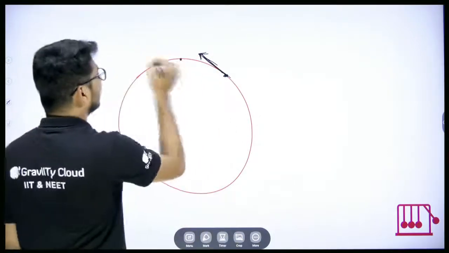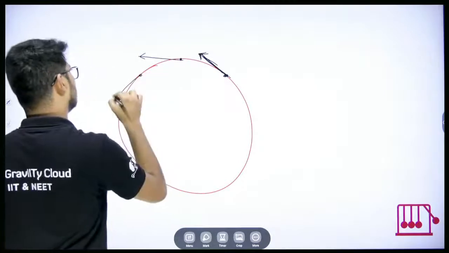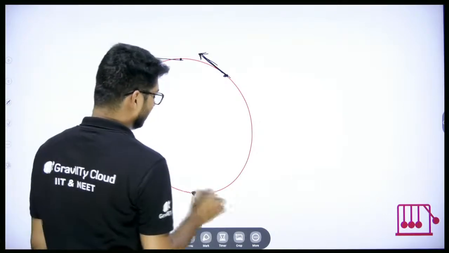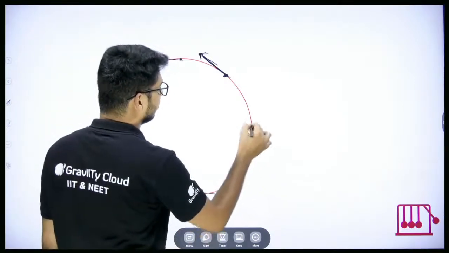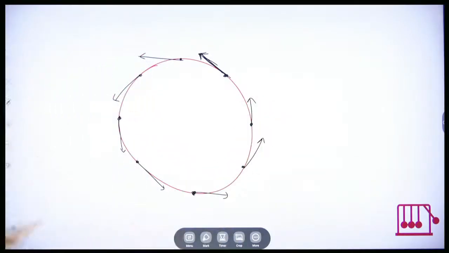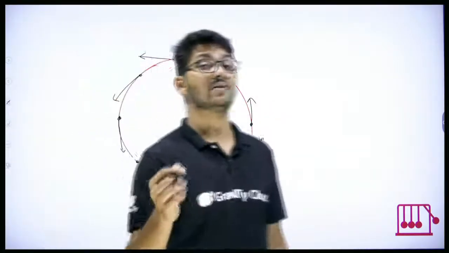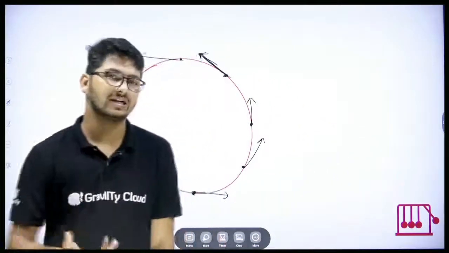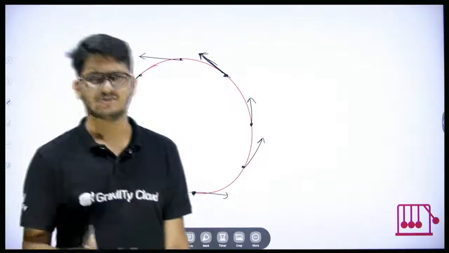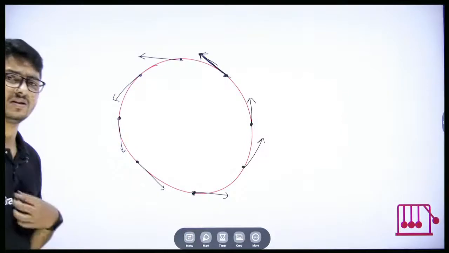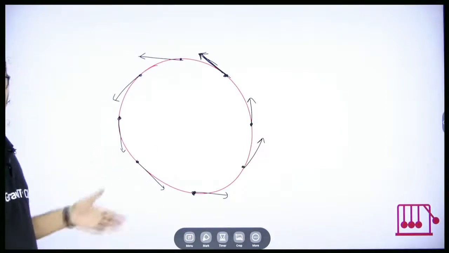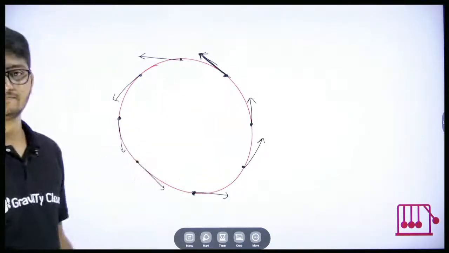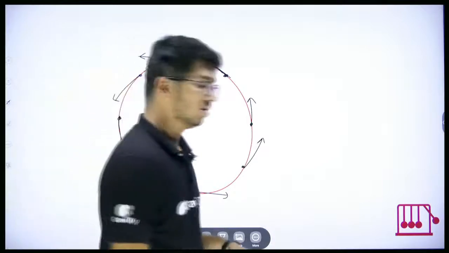See here. At every point you can draw the tangent. So how many tangents do you have? You have infinite tangents. Same as a circle having infinite sides, you have infinite tangents. You can draw any number of tangents because at every point you have a tangent. So that is the beauty of a circle. A circle is a polygon of infinite sides, so it will have an infinite number of directions possible. So what is the direction then? It will be along the tangent. Clear? Understood? Okay, that's good.